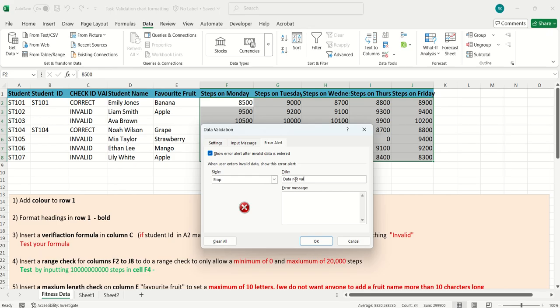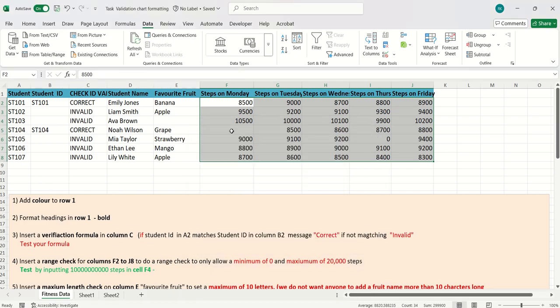Data not valid could be a title. The number of steps should be a minimum of 0 and a maximum of, let's say it's 20,000, isn't it? Okay, and press OK. So now when I type in